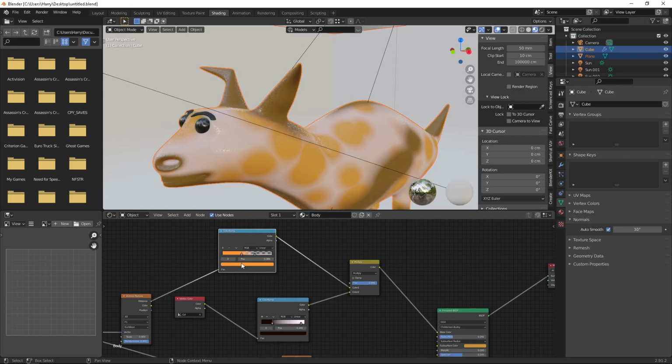Okay, we can undo that. So one by one, let me try with color, because I'm going to guide you how to do that.